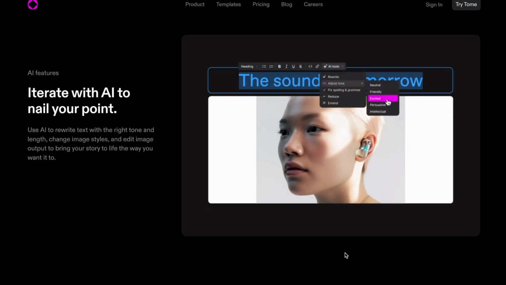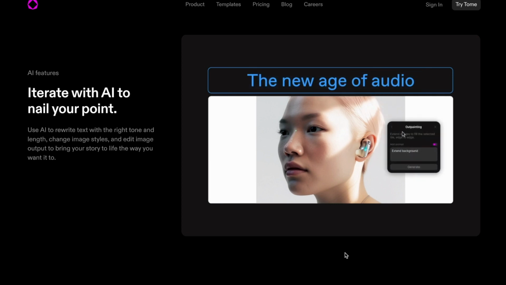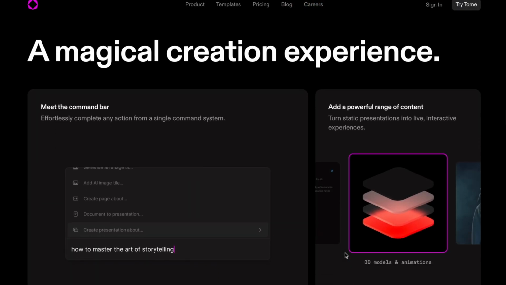So you can have AI change the tone into something more professional if you've just, for example, done a voice note on Apple Notes in a more conversational tone. Then it can take that and change the tone to something more professional. So again, these are AI tools that allow you just to streamline the process and actually give a better outcome.